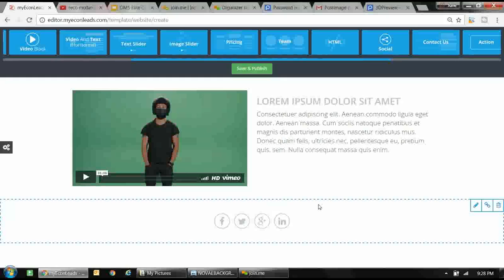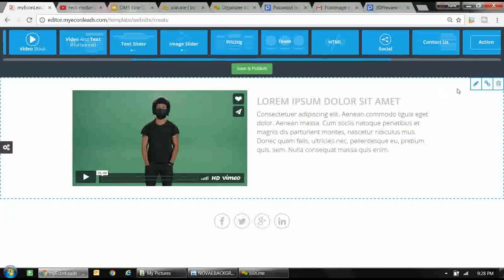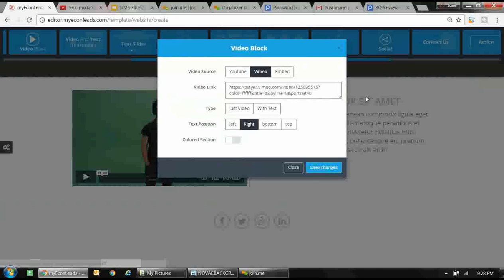Now that I've got all this set up, I have to go in here and change this stuff out. If I hover, you'll see there's a pencil here. With the pencil, I can change the video that's there. You can see that I can either bring it from YouTube, Vimeo, or I can use an embed. So I'm going to click on YouTube, but we need to go over to